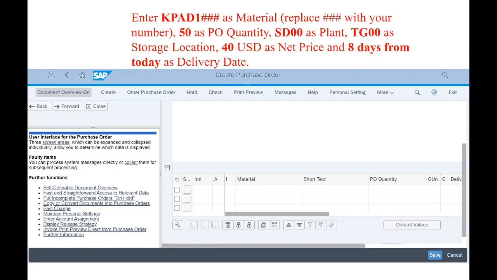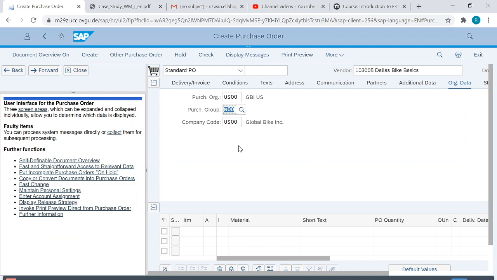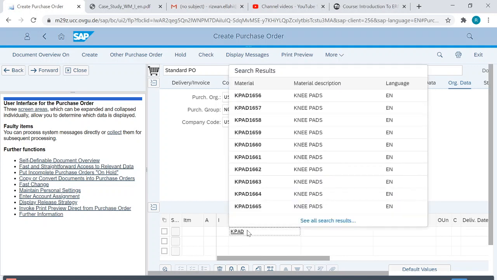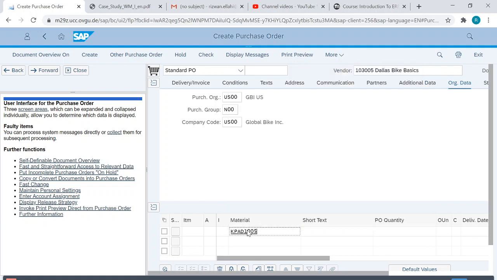The same thing has been mentioned in your case study as well. So here we go. I want to select KPAD 1005, because my code was 005 as per my SAP ID.